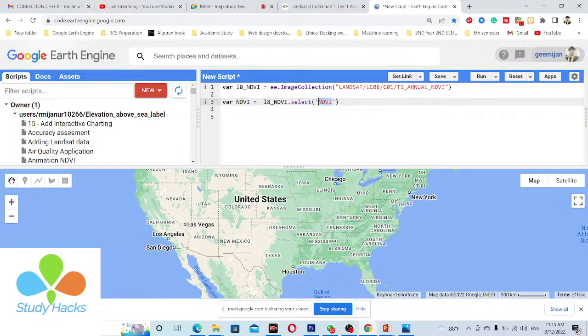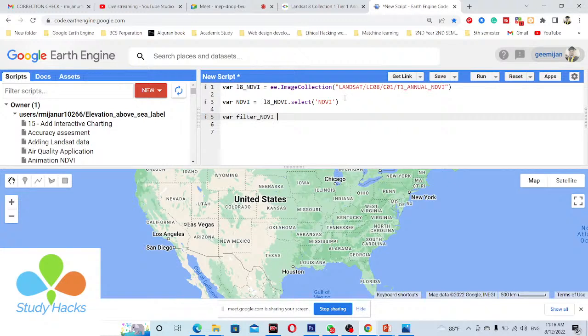Now I want to select my specific time period. Suppose I want to observe the NDVI between the years 2015 to 2021 or 20. This is my observation period of NDVI. So I take a variable and give it the name, suppose, filter NDVI.